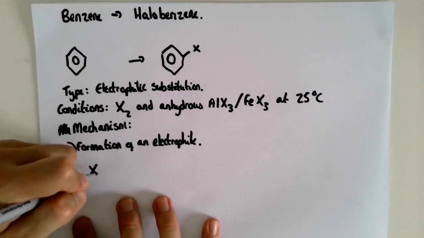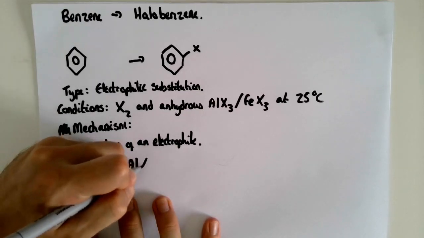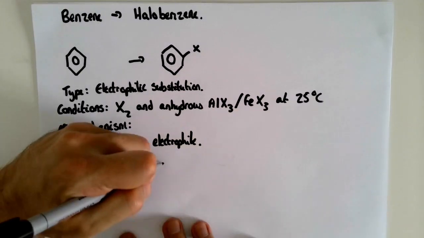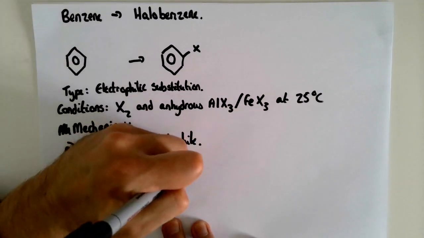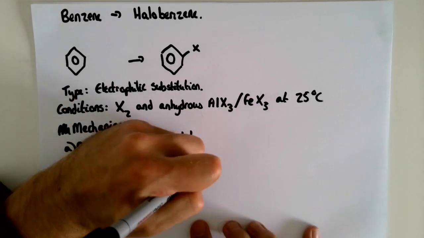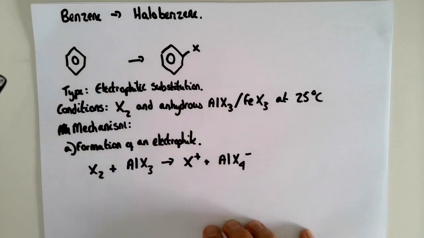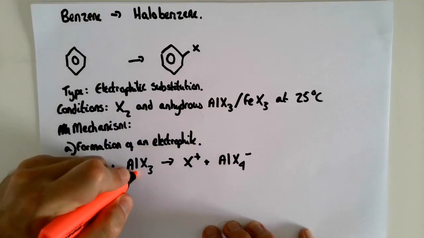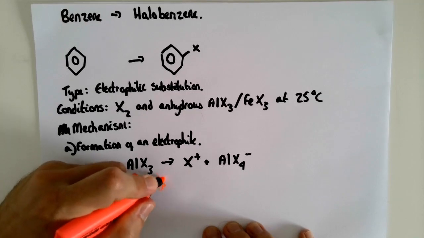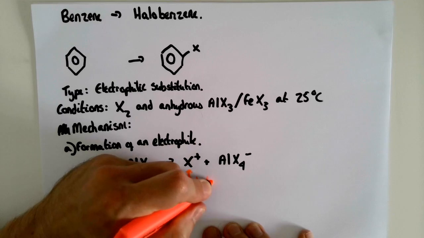So we take the halogen and we take the catalyst, which I'm going to use AlX3, I could have used FeX3, and what it's going to make is X plus, so maybe Cl plus, and AlX4 minus. So here is my catalyst, and this thing here is my electrophile,